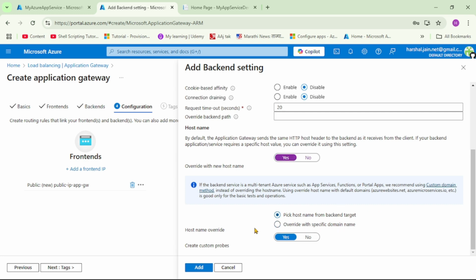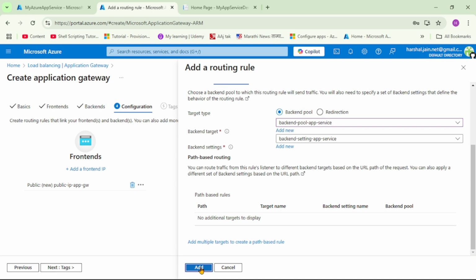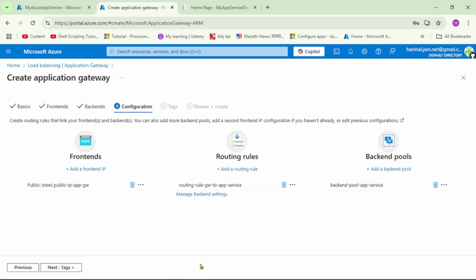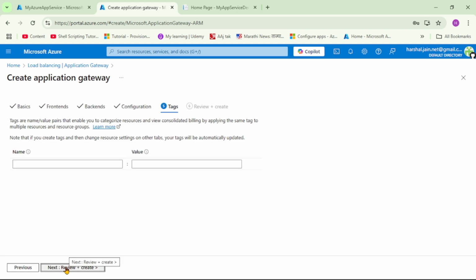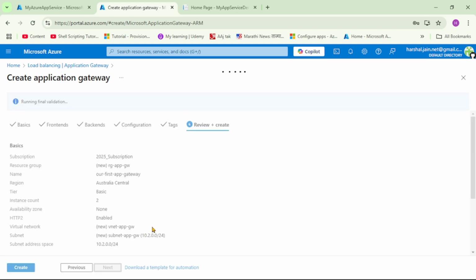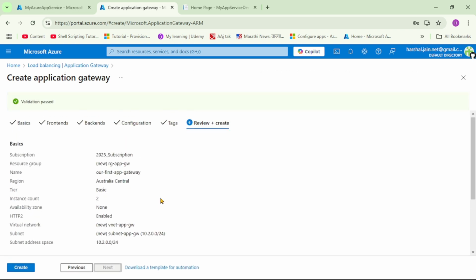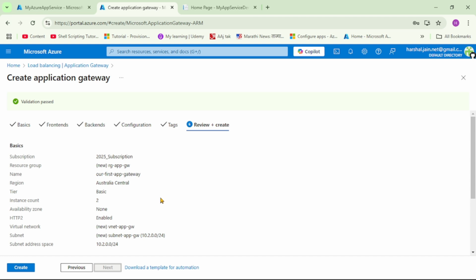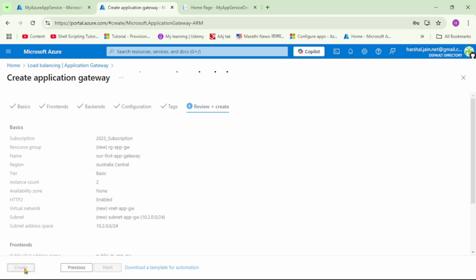Let's go down, let's say add, and now we have added HTTP listener and backend setting, and here I will say add, and now let's say next tags, and now let's say next review plus create, and you see validation is successful. And now here I will say create,